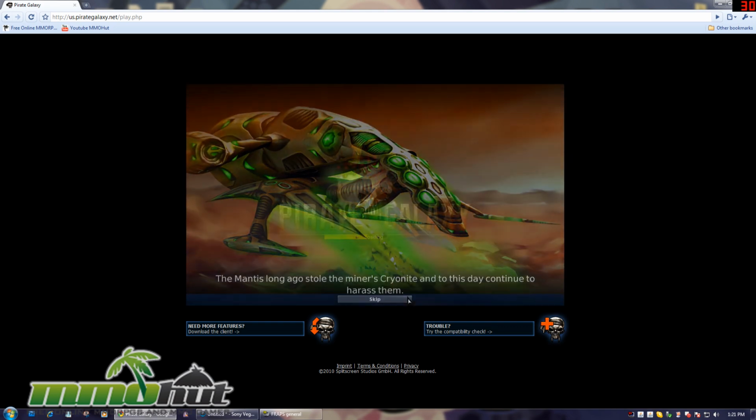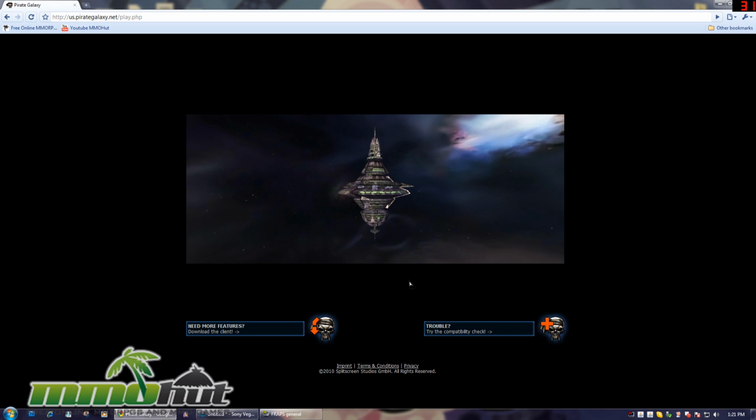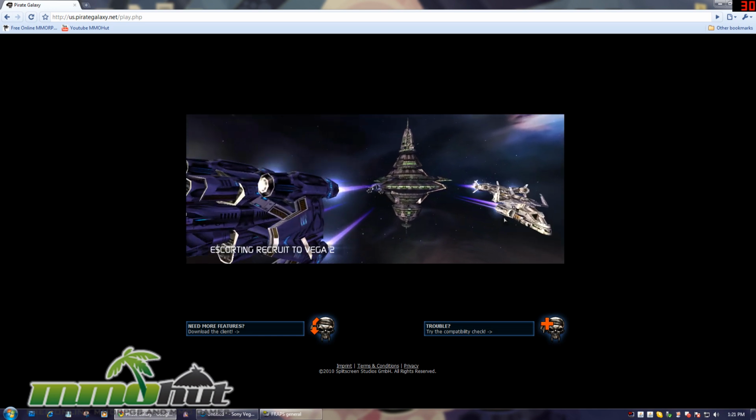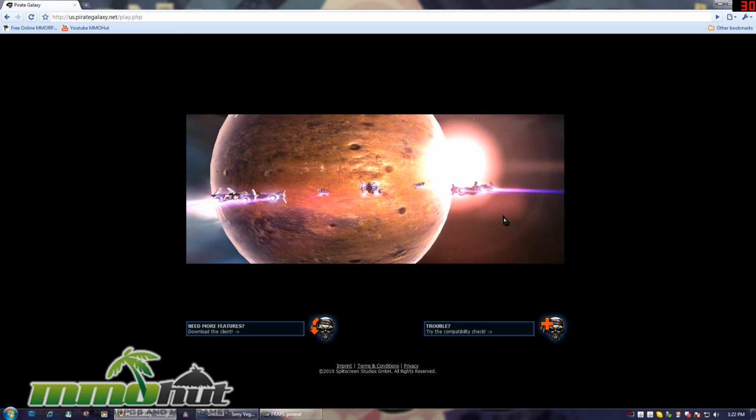Anyway, I have to quick skip on this. Yeah, Cryonite is the game's rare resource, which the Mantis controls, and the humans are secretly mining off Mantis-controlled planets. So basically, we're on Vega 2 right now, and I gotta do some mission over here. Escorting recruit to Vega 2. There's a whole space theme as well. I mean, right now I'm gonna start off on a planet, but basically after I complete this quest, I'm gonna be in the orbit of the planet,